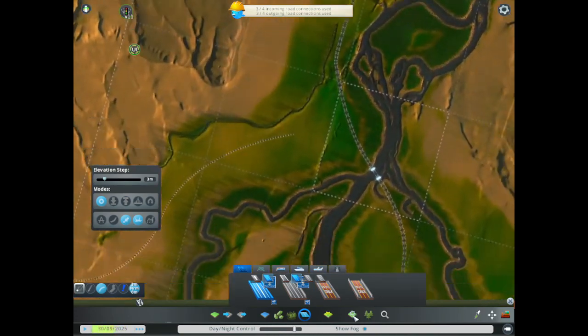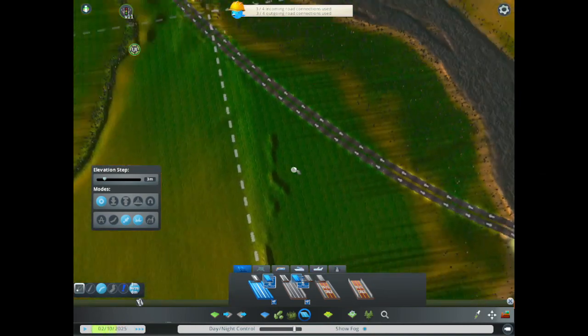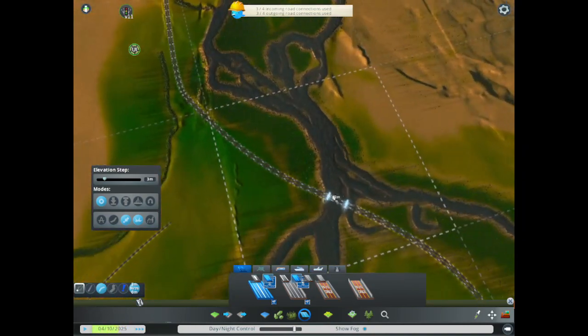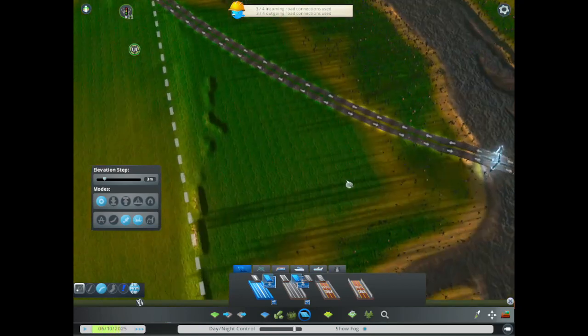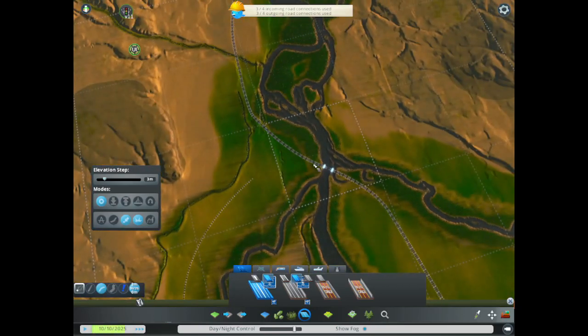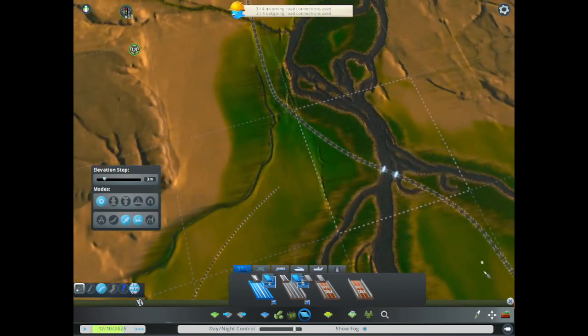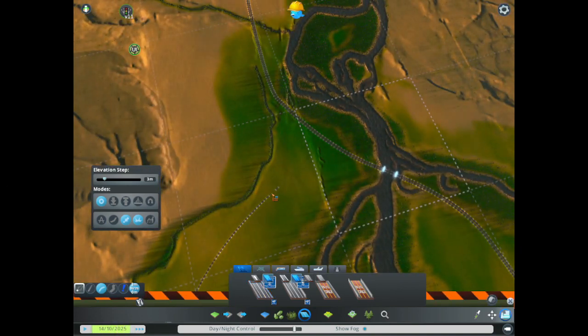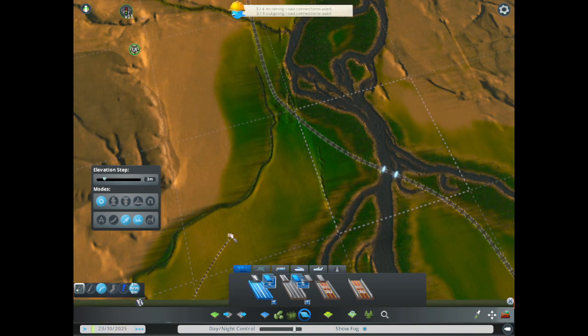I don't want it to connect. I don't want to cumber. We're already going to be having a lot of the main starting area cumbered with highway. So instead of having it connect there, I'm going to have it come over here, and we'll loop it in